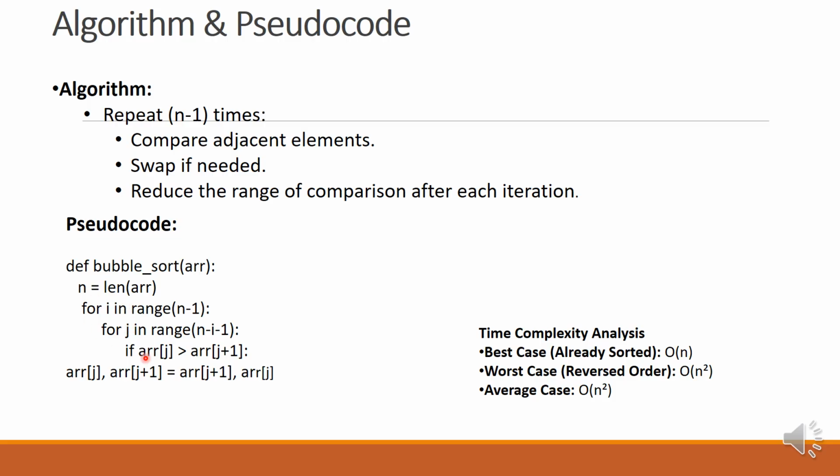We know already that pseudocode is a kind of algorithm. For pseudocode there is no compiler, there is no interpreter, the pseudocode will not get executed. This is the kind of algorithm. Now